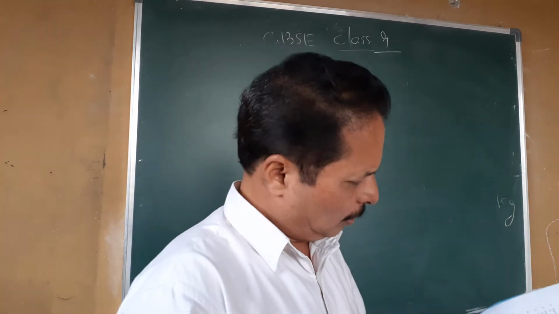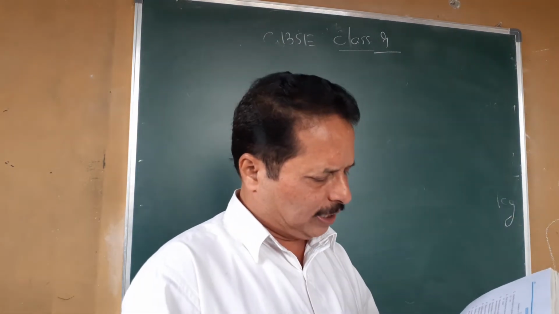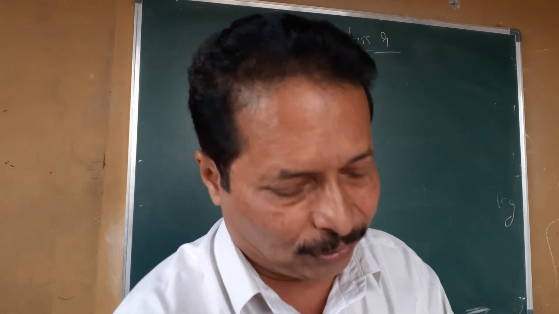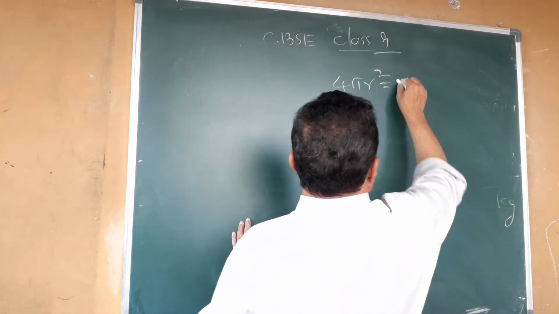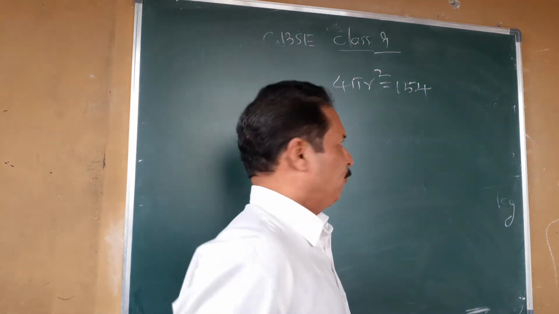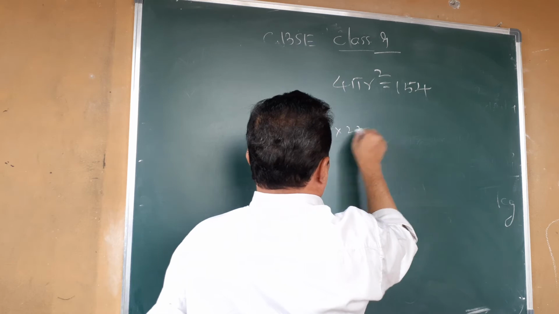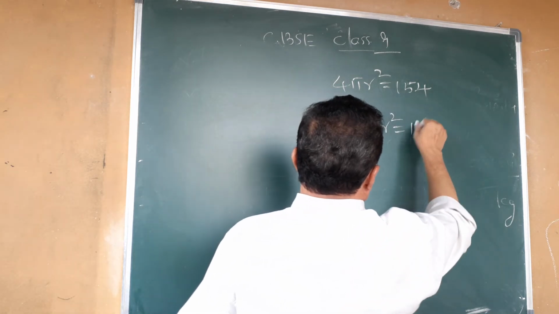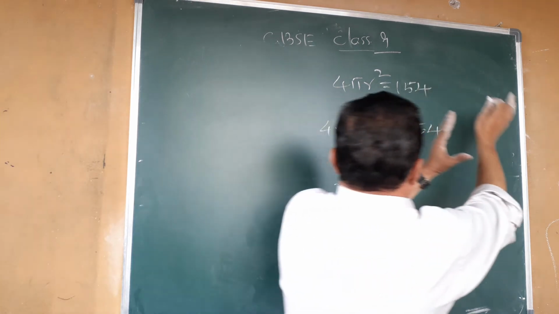Okay. So, one more: find the volume of a sphere with the surface area 154. Surface area of a sphere is 4 pi r square, that's given as 154. So 4 into pi value 22 by 7 into r square is 154. R square equal to